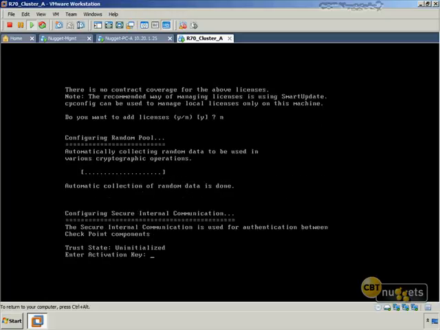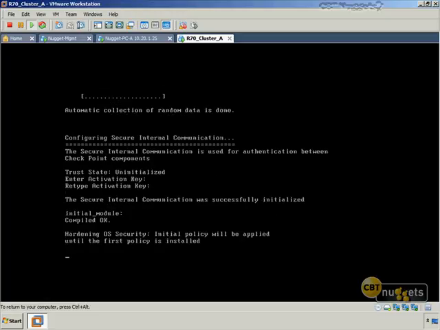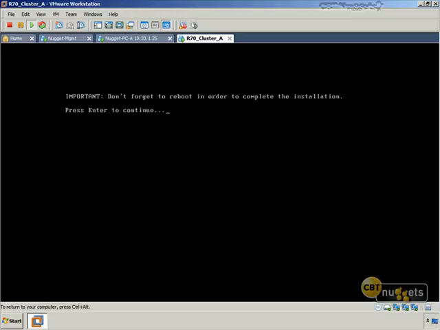And it's going to run through, and we need to set our SIC key here. So our SIC key is what we're going to have to type in on our management server in order to set up that one-way trust between the firewall and our management server. So let's get that put in at this point. Alright. And it's basically going to tell us that the initial module compiled okay, and it's basically done with the actual firewall installation. So at this point, we see our host name,